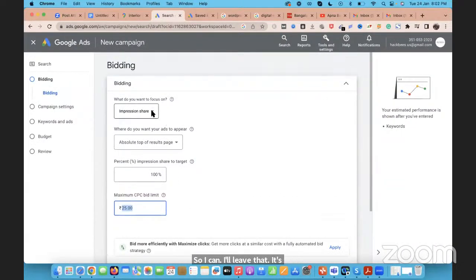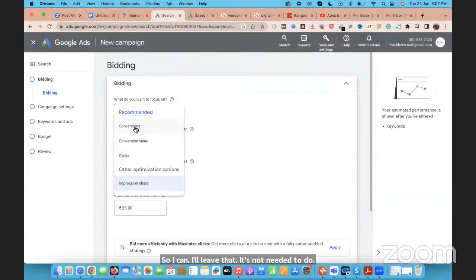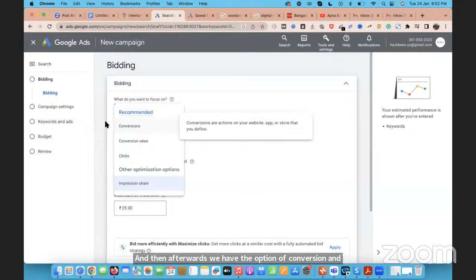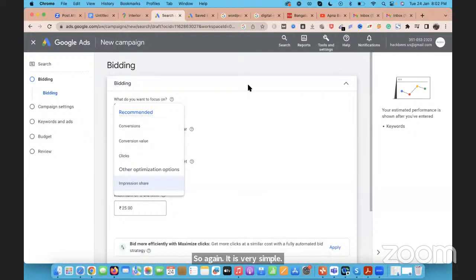And then afterwards, we have the option of conversion and conversion value. Again, it is very simple. Conversion is, in simple terms, when you need more sales, more leads, or more numbers. Generally, we are either selling a product or selling services. There are only two types of companies: either they sell products or they sell services. So we basically need more sales for that particular product, or we need more